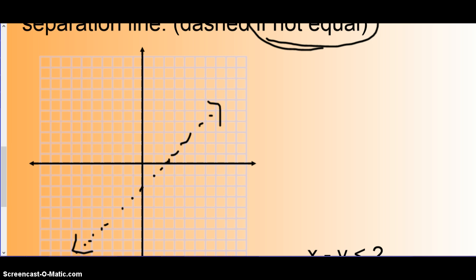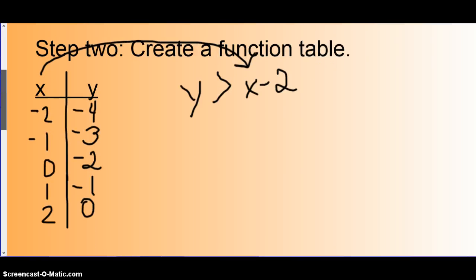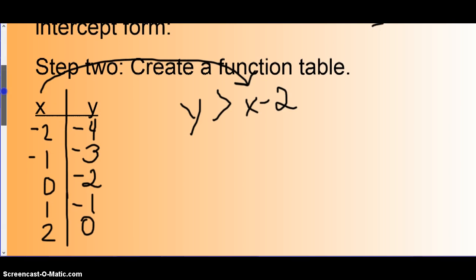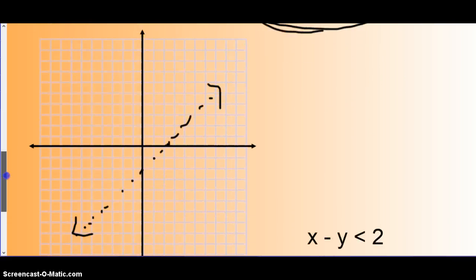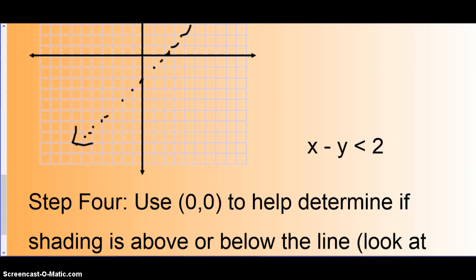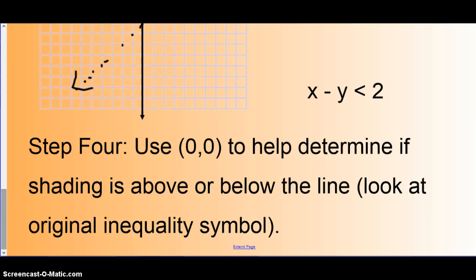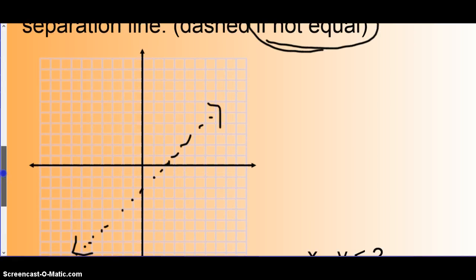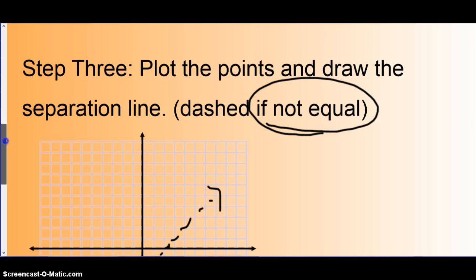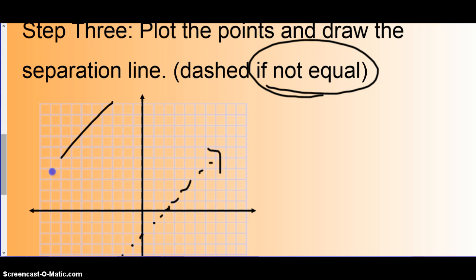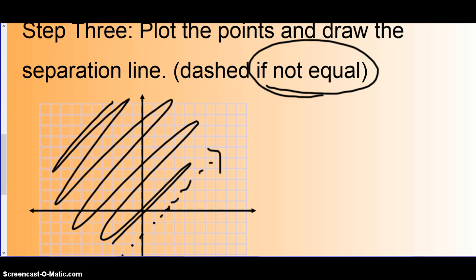We have to do some shading because it says that y is greater than x minus 2. Y is greater than. So step 4 is using that point 0, 0 to help you determine if the shading is above or below the line. It says look at the original inequality symbol. So it says that y is greater than that. So if y is greater than that, we would want to make sure that we shade in this portion, because it says y is greater than that. And when you think about,